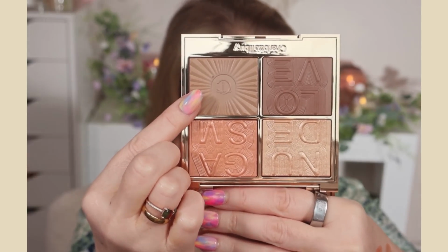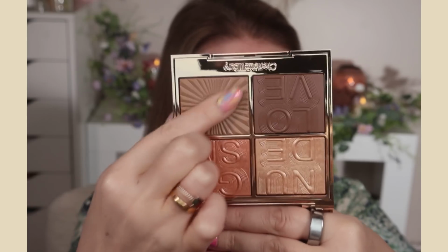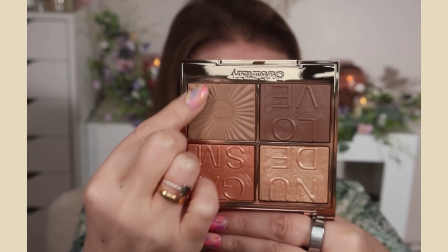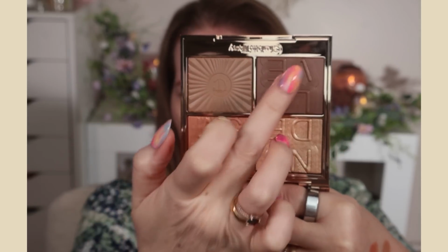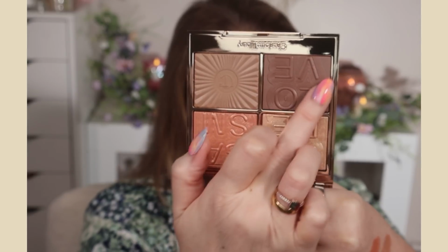So this one is a natural looking sandy taupe, and this one can shape, smoke and blur the appearance of imperfections. A hybrid cream powder formula. It really feels very creamy to the touch. This gives you a creamy, luminous matte finish. So there's that one. And then lastly, we have this one here, which is a Super Sculpt, a rich umber